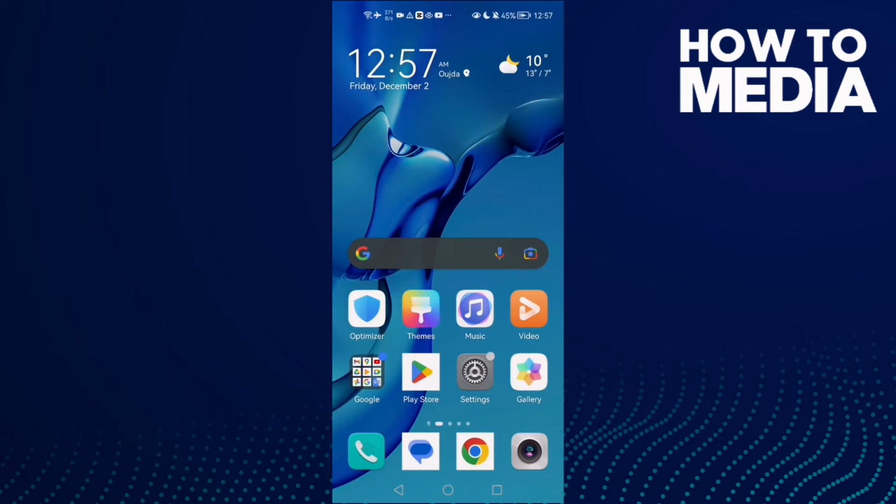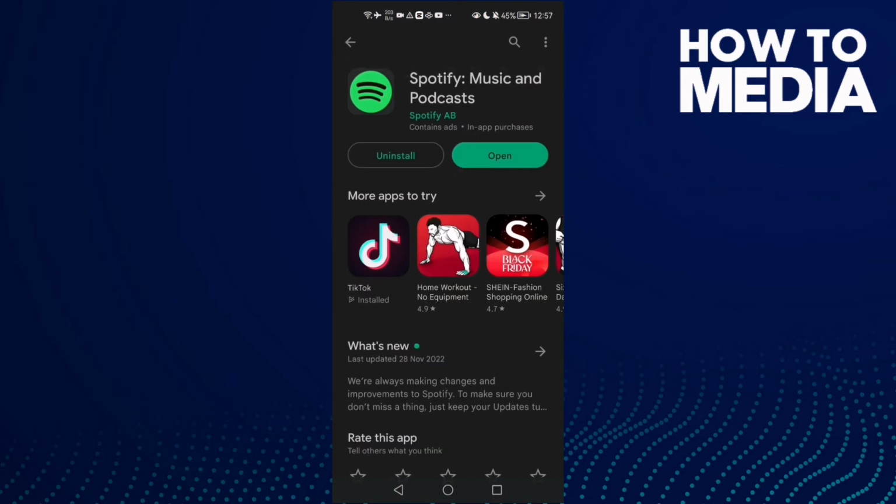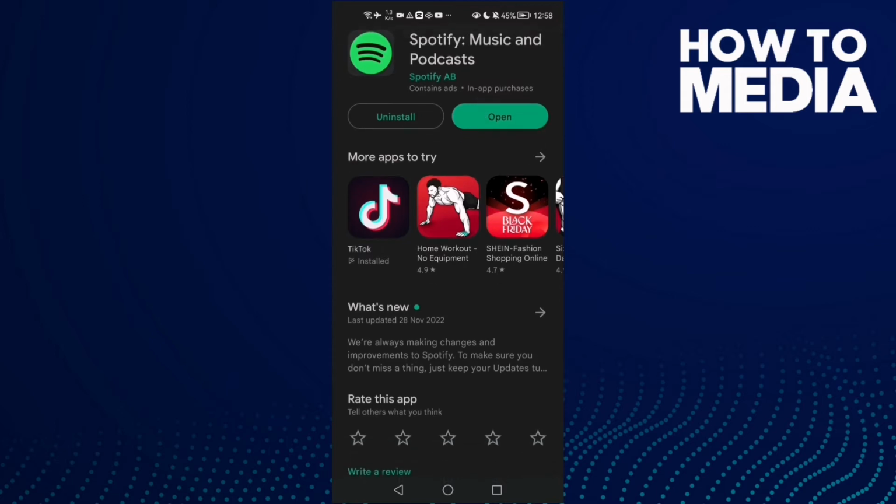First thing you need to do here is to go to Play Store or App Store and make sure your Spotify is updated. And now if that doesn't fix your problem, or you can't find an update here or something like that, then